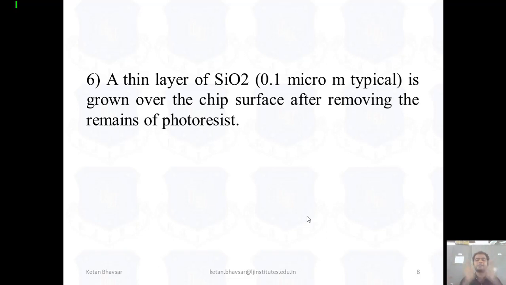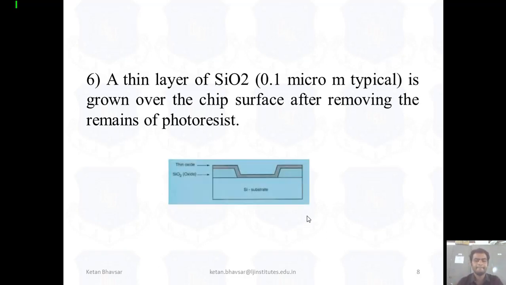Then again we implant a thin SiO2 layer, which is generally used to provide protection to the surface or to a particular substrate area. So as you can see, because of the UV light process, it will look like this, creating the window. After creating the window you can implement different types of terminals here. Right now we are talking about a simple NMOS fabrication, so we use p-type impurities and we add terminals, as we can see in the next few slides.